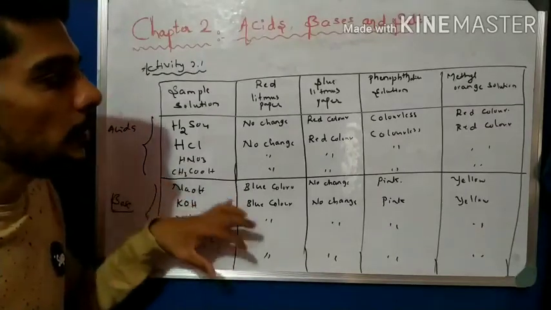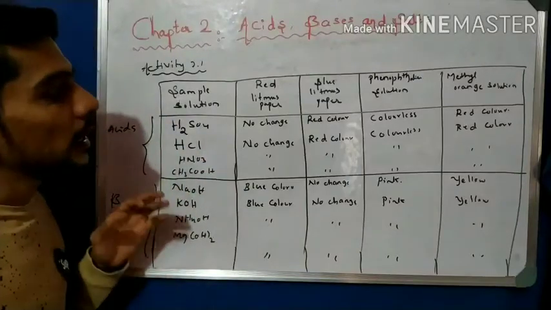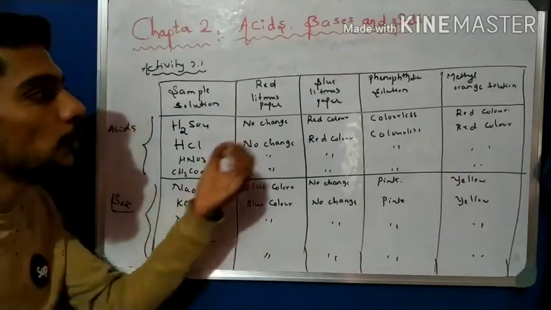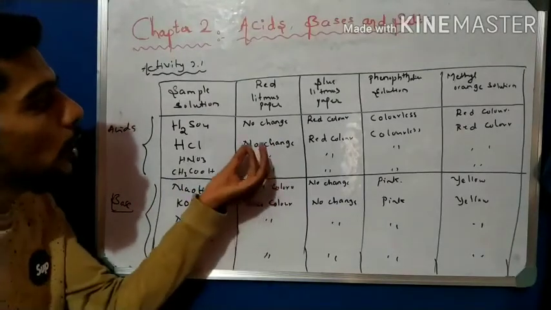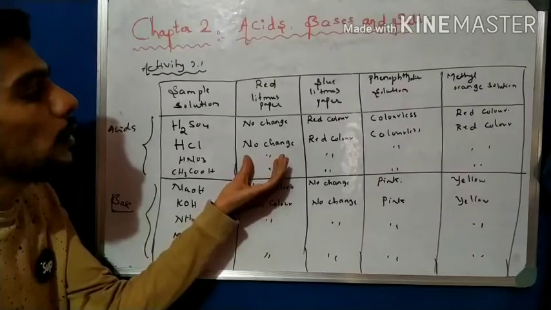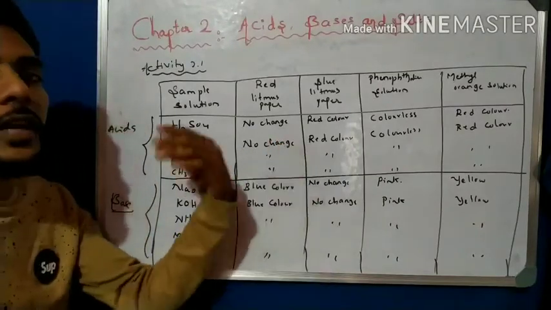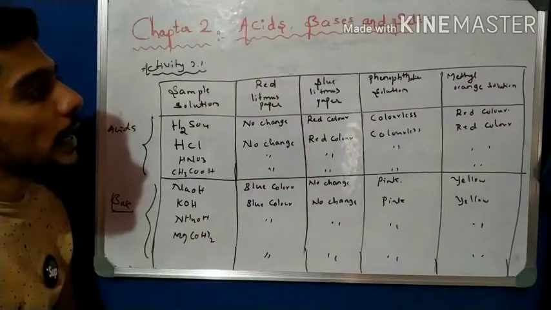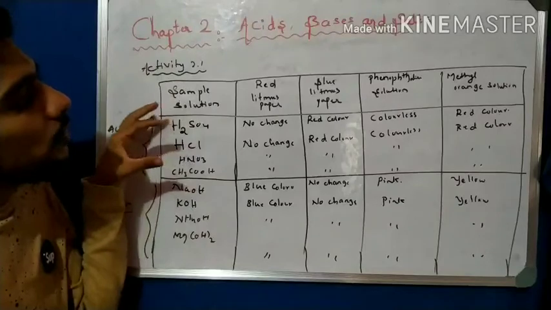In the examination, they may give some substances and tell you to classify these substances using any one particular indicator or an indicator of your choice. So you have to observe what color changes, because in the examination there is no practical, we don't have acid or paper, so we have to write the answer theoretically. So you must memorize which color changes in which substances.